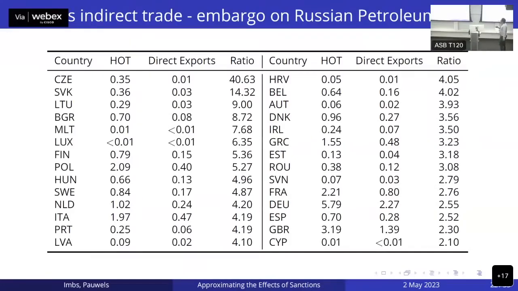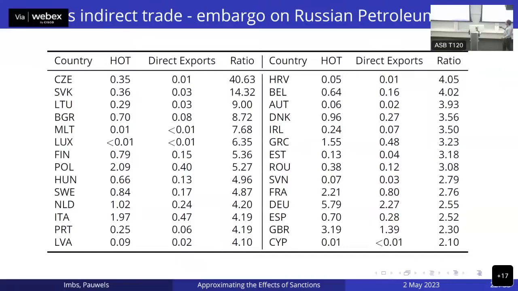Well, we computed the ratio of direct plus indirect to direct exports. That ratio tells us that the bigger it is, the more important the indirect effects are. The smaller it is, the closer it is to 1, the closer it is to just direct exports and no indirect exports whatsoever. And so this tells us the length and the intensity of the value chain. And so that tells us here that